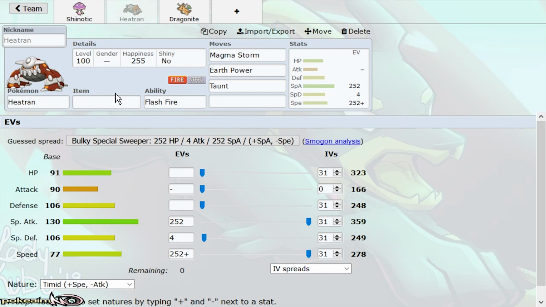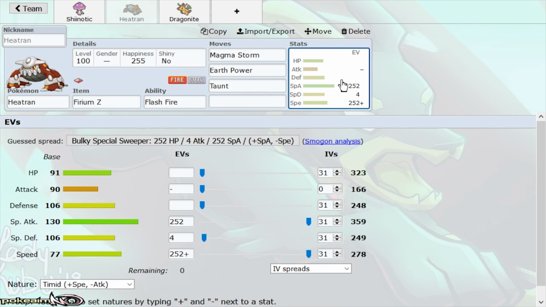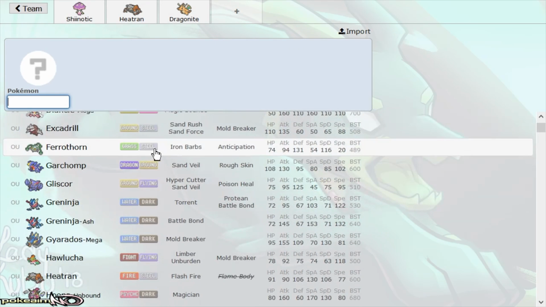I think I'm going to go Fire Blast. Let's be a little bit standard with this. Fire Blast. Still don't know if I want the last move to be what it is. Damn, that's an EV spread. Yo, I'm just looking at these EV spreads. I just love it. Holy crap, that's an EV spread. Alright, so let's not lose to